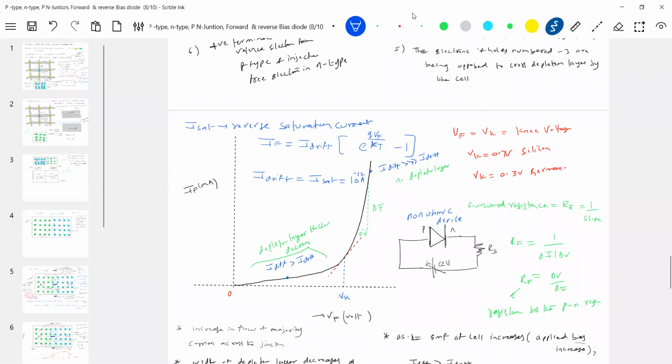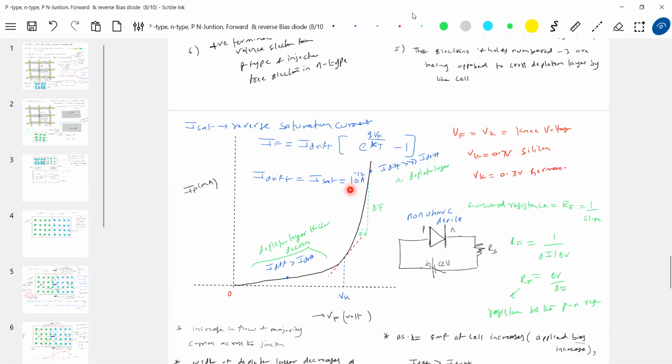There's one thing you have to remember. I think there are numericals based on this, so any possible questions can be asked here. We also have the temperature of the diode, which I'll explain later. At increased temperature, what happens to the curve? Here Q is the charge, K is the Boltzmann constant, this is the forward applied voltage, and T is the temperature of the diode. This is a fixed value, the reverse saturation current.